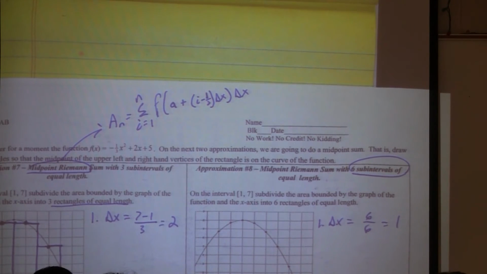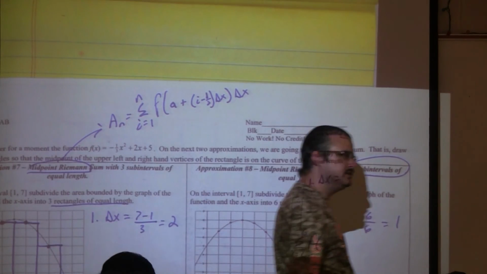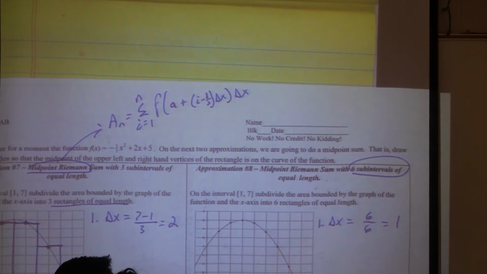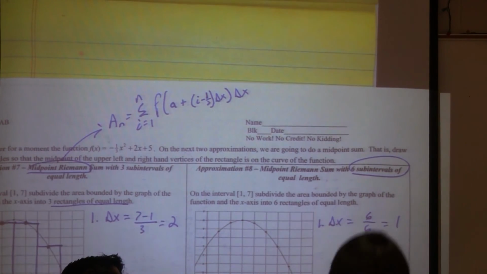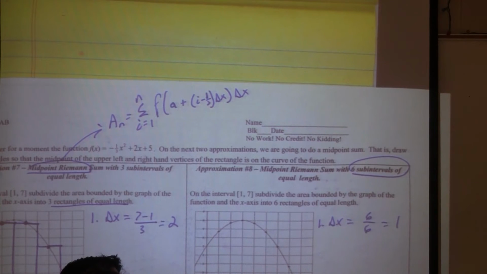Good? I'll try to come up with a foldable where we can label it Riemann sums and then have the left, the midpoint, the right, and the trapezoidal. And you can write in all those formulas there so you can have them somewhere to study right before the AP test. The last one,